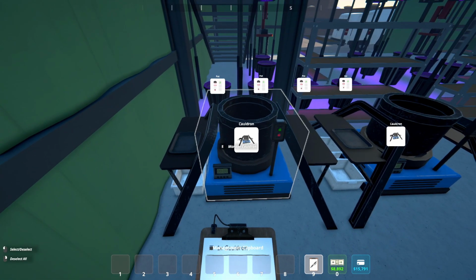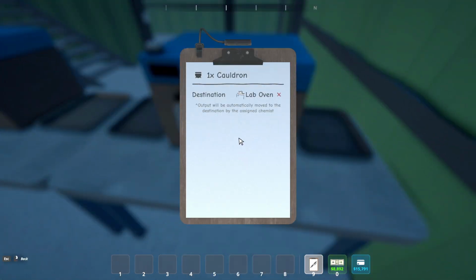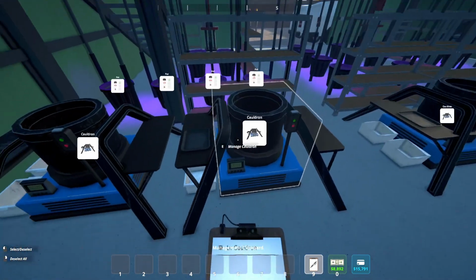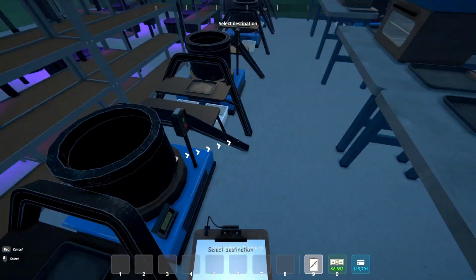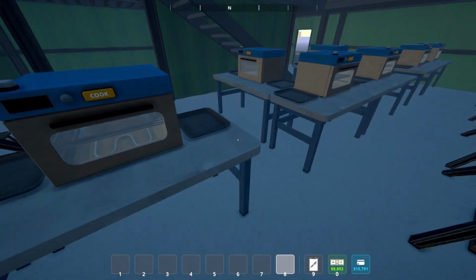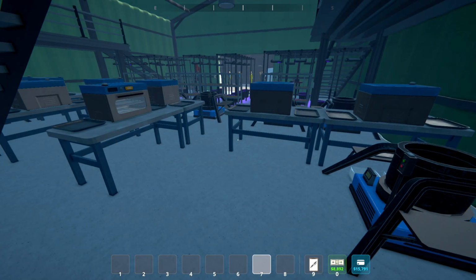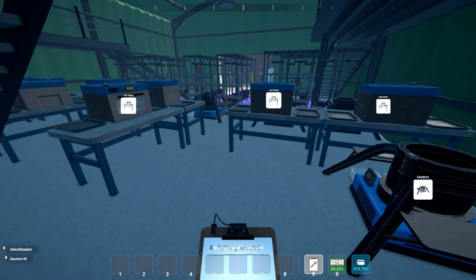Clipboard back out, E to manage, destination, lab oven. Once you're done with all 8 cauldrons, go ahead and pull out your clipboard, and we're gonna set the lab